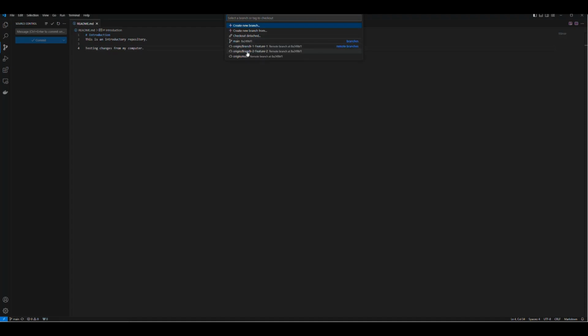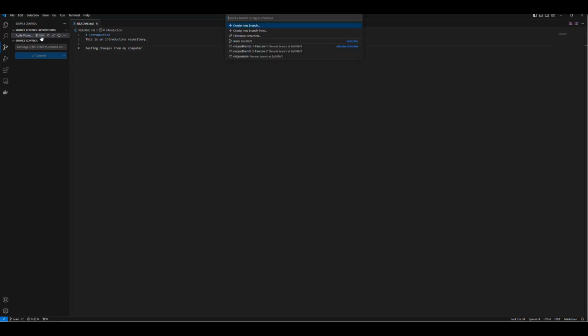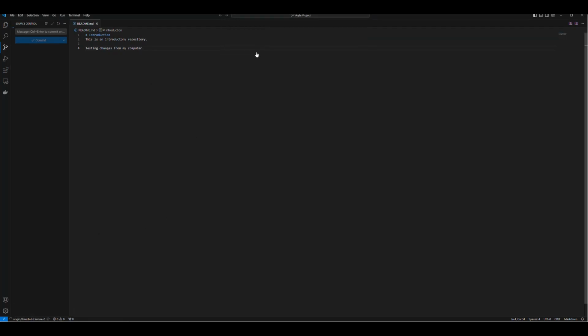So we can select it directly from here by clicking where it says origin branch 2 feature 2, or you also have the opportunity of coming here into the 3 dots, clicking on views, and then source control repositories, and then you'll see the branch here, and you can change it by clicking here and then there. So however you want, you can do it both ways. Let's go here, select branch 2, and now, as you can see, we have switched to branch 2 feature 2,